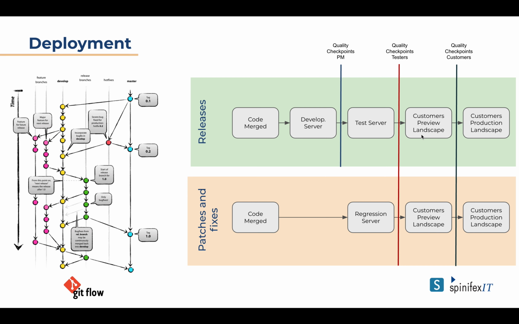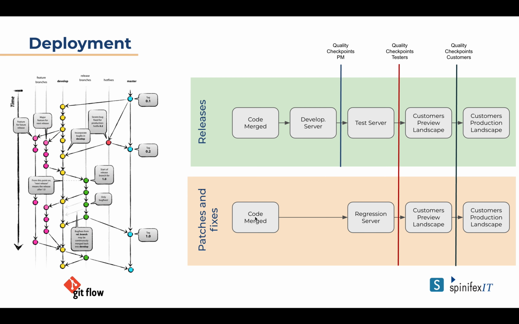So customers usually get with Strato two servers or two tenants. The first one is on our preview system, which is kind of a UAT server where the customers can see the changes that are coming and that will be deployed to production. It gives them a chance to test it. Usually, if we don't get a no-go from a customer, after a period of time, we would move the code to the production landscape. Okay.